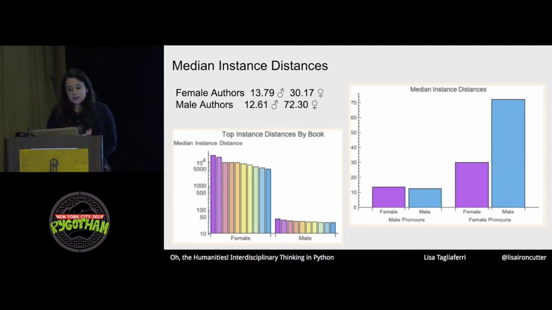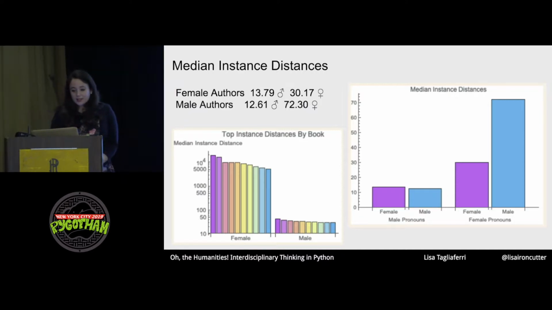We collected instance distances by looking at the distance between each feminine or masculine pronoun per book. The graph on the left here shows the most extreme instance distances by pronoun in a corpus, and this graph is on the log scale, just to note. The instance distances for feminine pronouns are greater than those for masculine pronouns, all in all, regardless of the author's gender. The novel with the greatest median female instance distance was Don Hale with the Flying Squadron by William Crispin